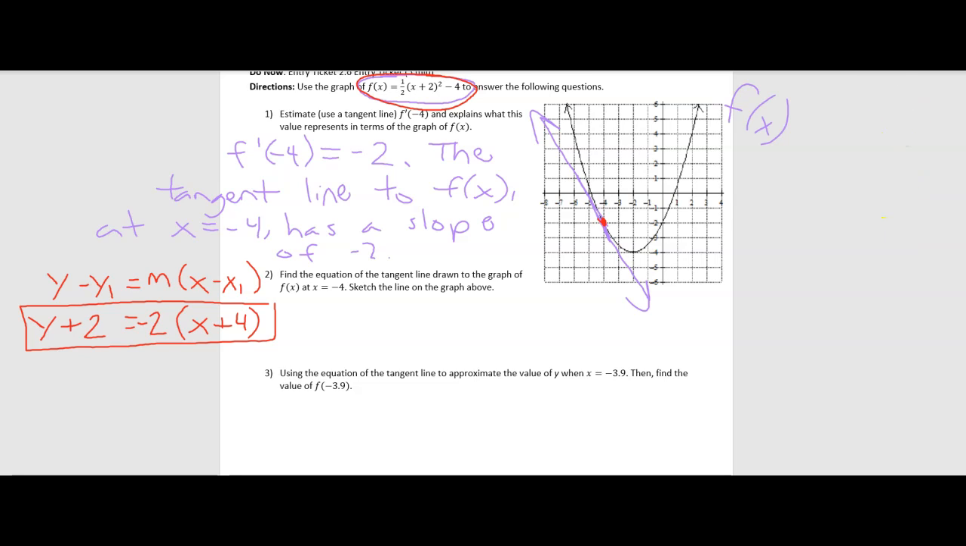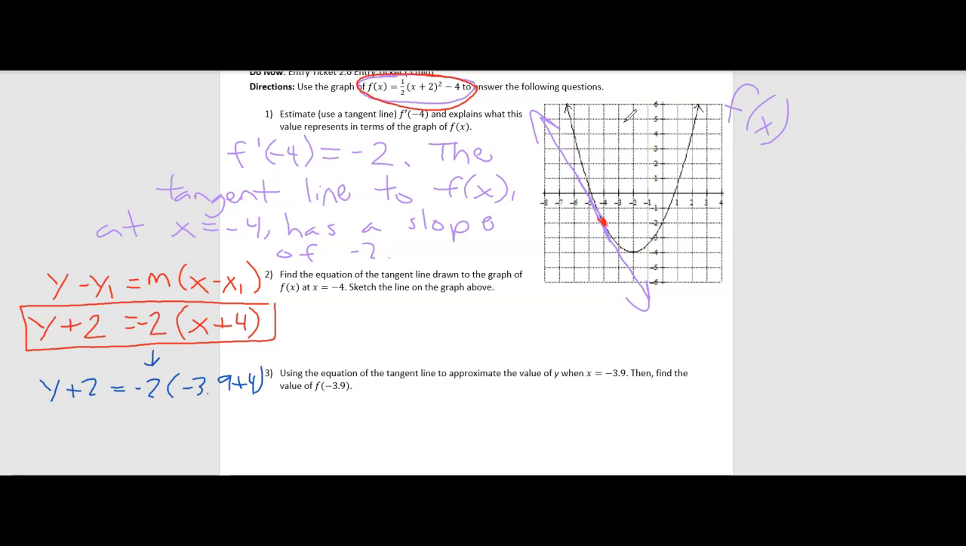It says use the equation of the tangent line to approximate the value of y when x is equal to negative 3.9. Then find the value of f of negative 3.9. So I'm going to use the equation of my tangent line right here, and I'm just going to substitute in negative 3.9 for x. So I get y plus 2 is equal to negative 2 times the quantity negative 3.9